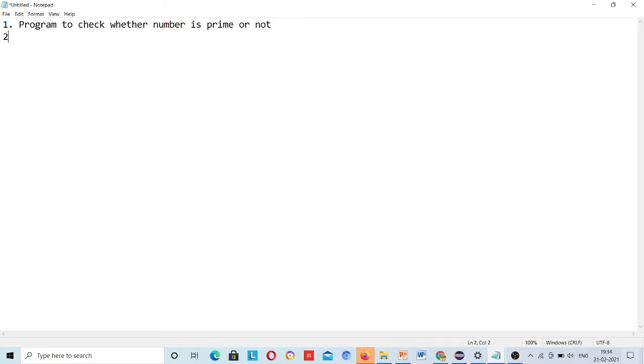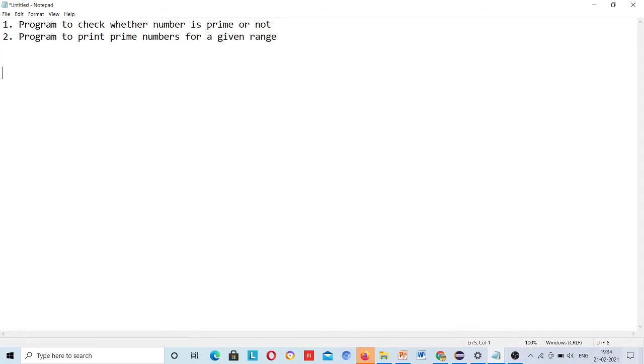Then we will see in the next video a program to print prime numbers for a given range, meaning if I say print all prime numbers between 1 to 100. So today our topic is to check whether a number is prime or not.